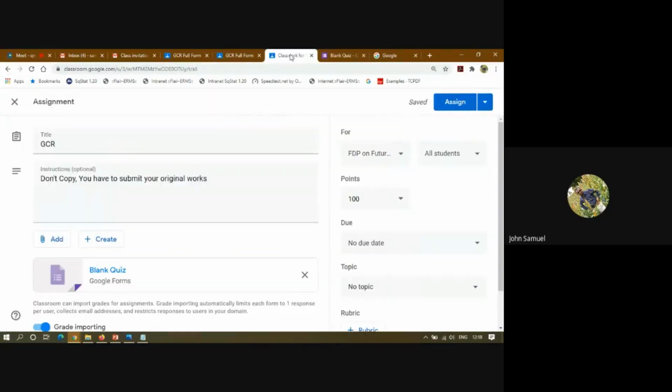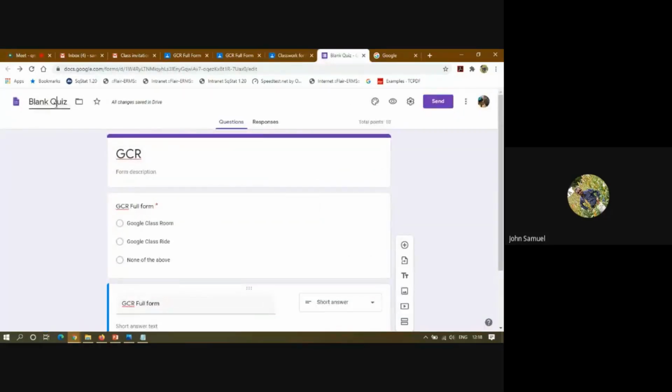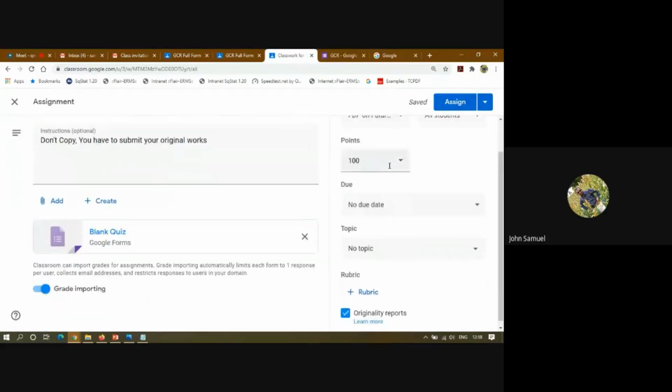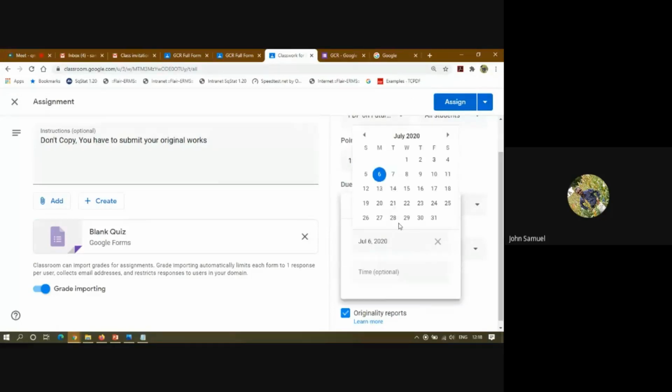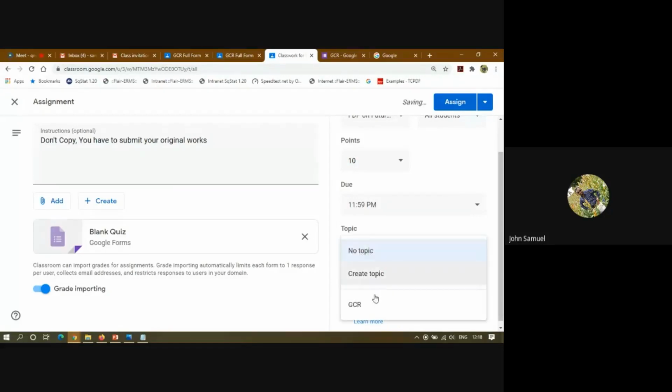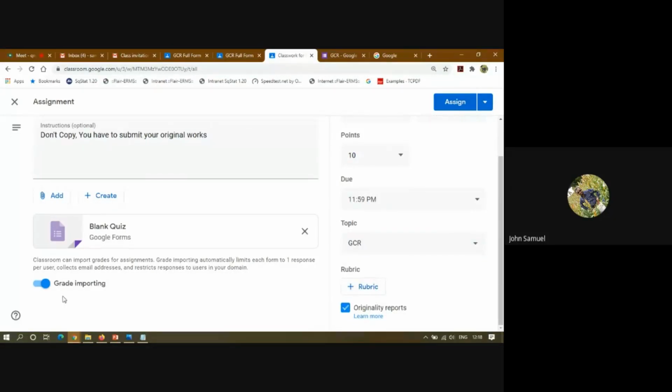Right. Okay. Now it is created and I am renaming it here, and I am giving it 10 points, and the due date as usual, so date given. The topic is under GCR. See, one more thing, grade importing. That will be available only for G Suite users.